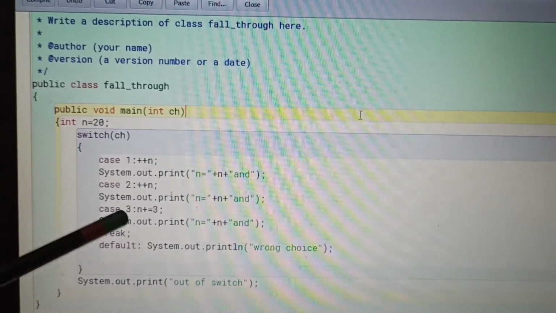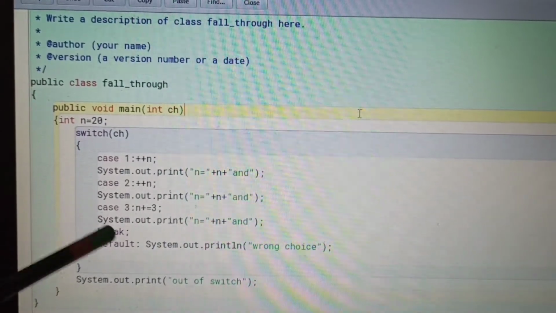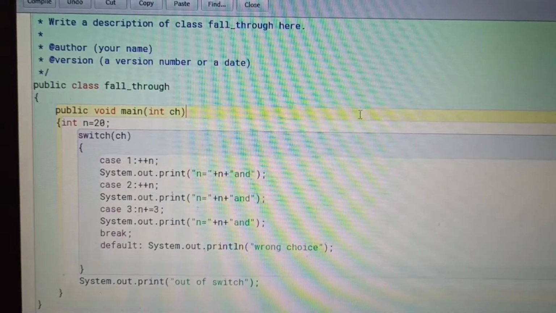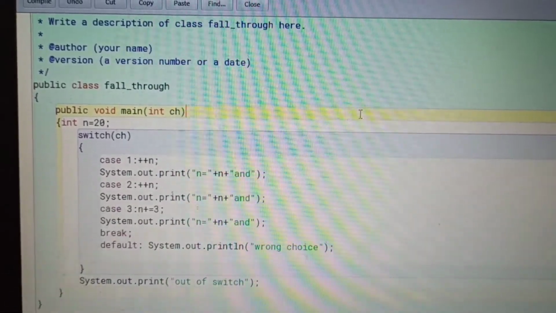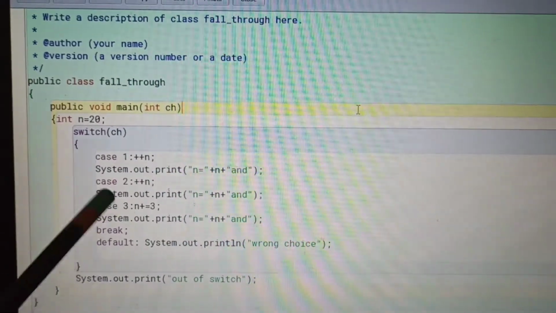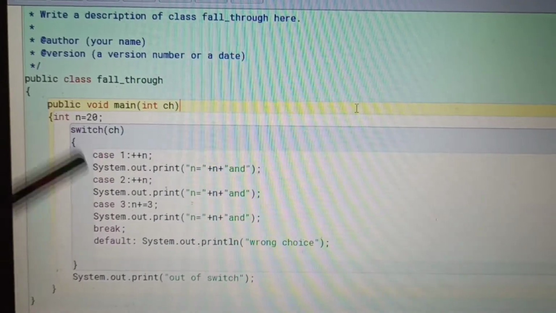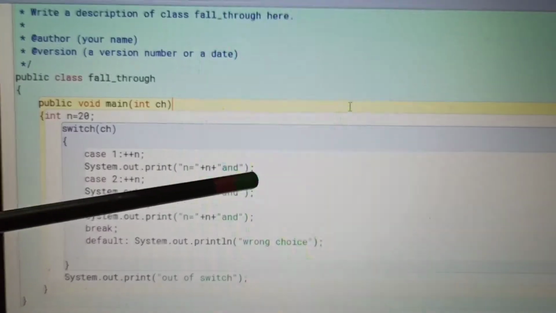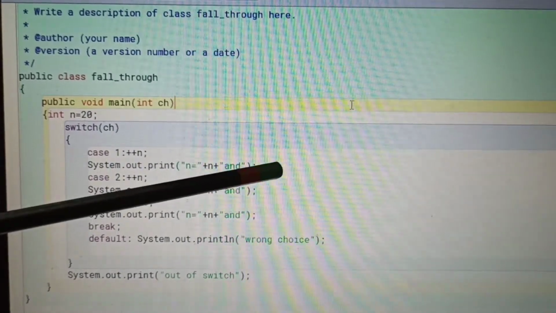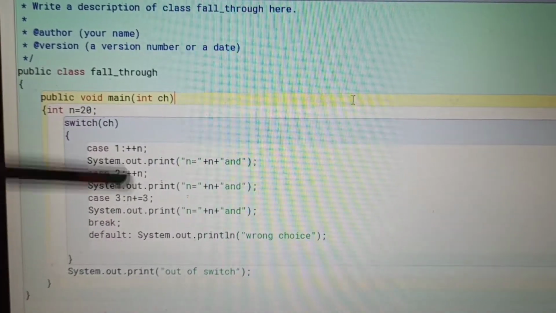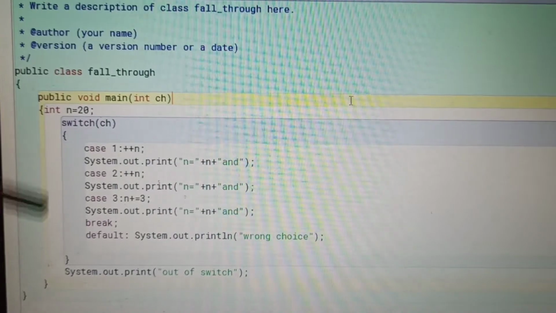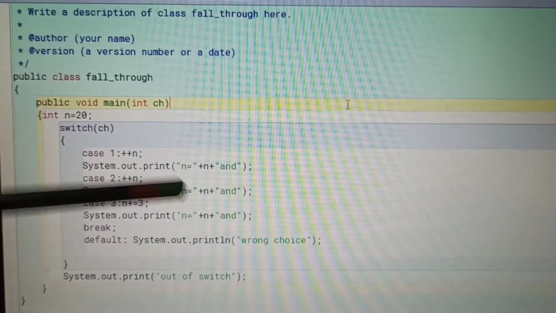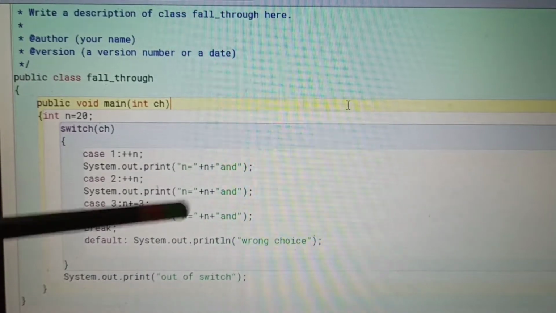If the user presses 3, then it will run this particular statement only. As you can see in case 1, we have not used any break statement, it is called the absence of the break statement.